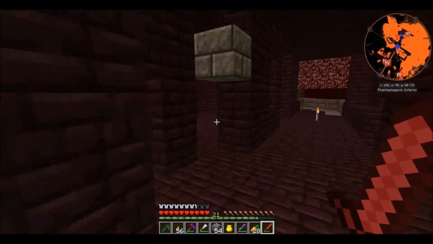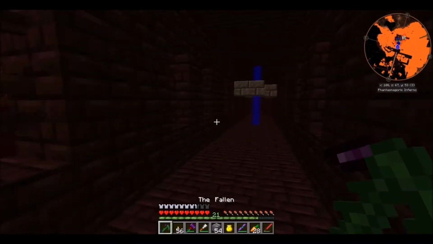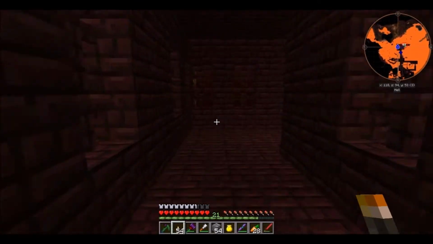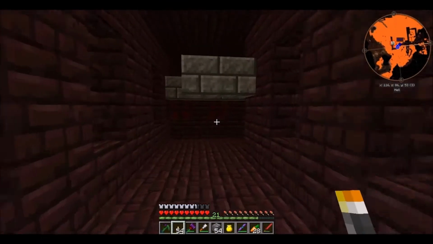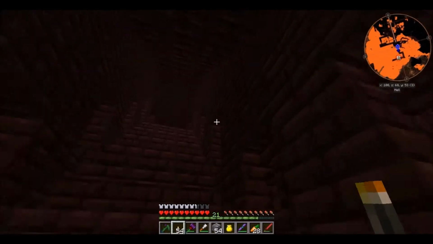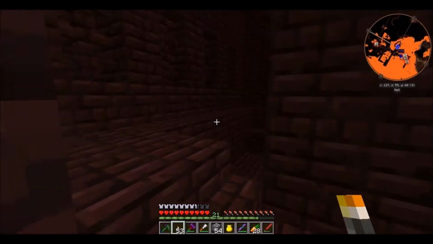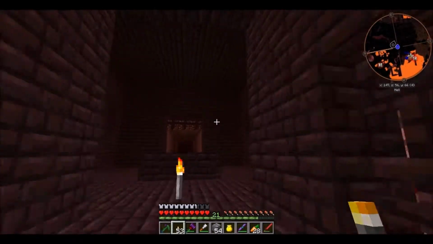Okay, it should be this way, then this way, maybe? I want to get to the same spot I took lava from before, which isn't this way. This way goes right under the hub. Stop laying it up, Wiley. You need wither skeletons. It should...